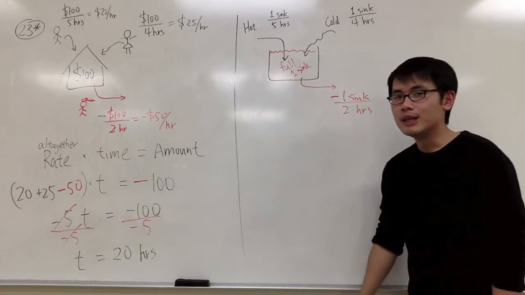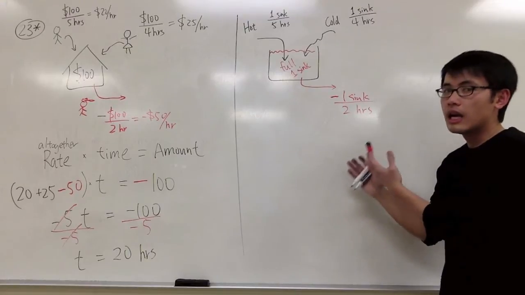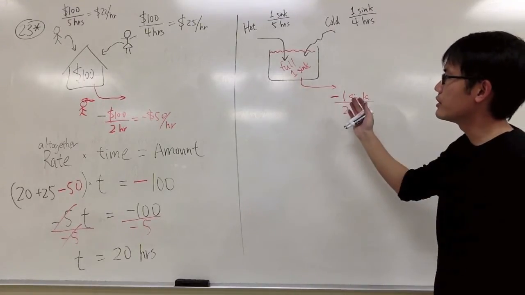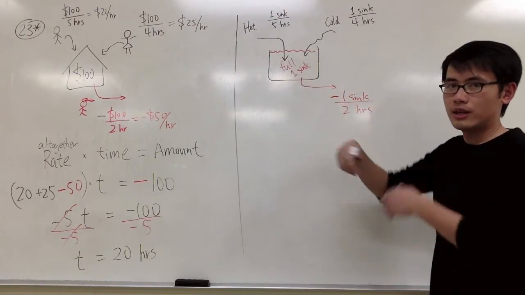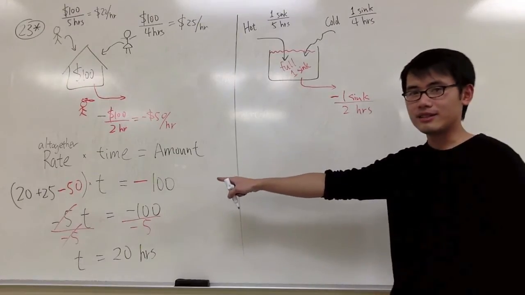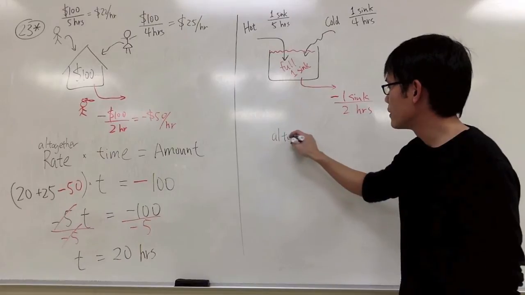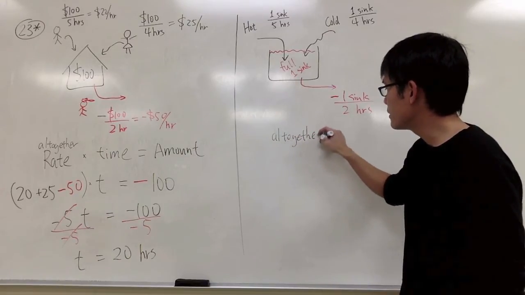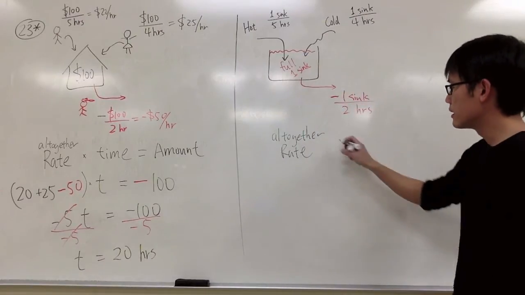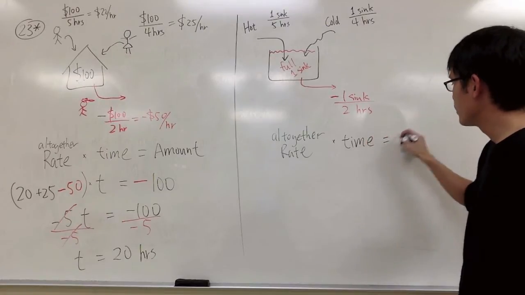Okay? So how do we set up the equation? The question is, how long does it take for all the water to be empty? It's exactly the same as what we just did. I need to look for the rate altogether. So I'm going to consider all these three things times the time equals